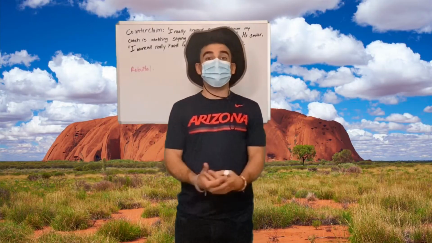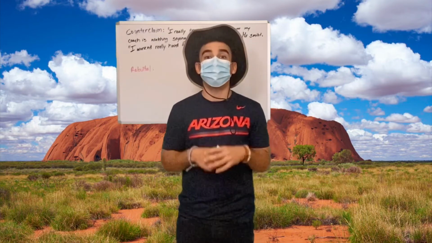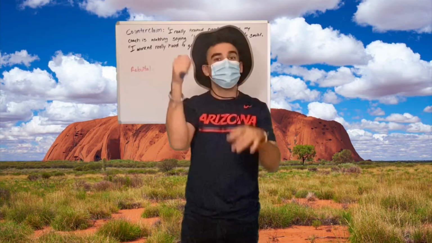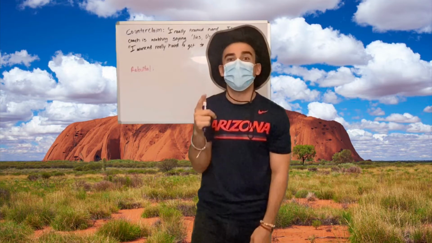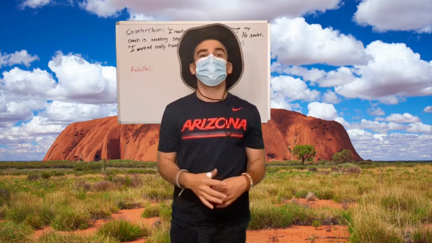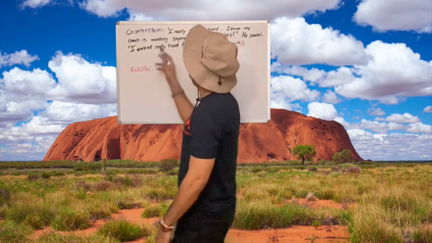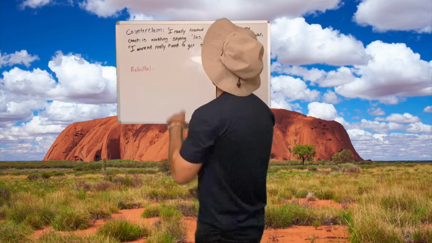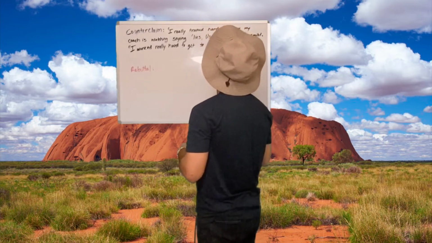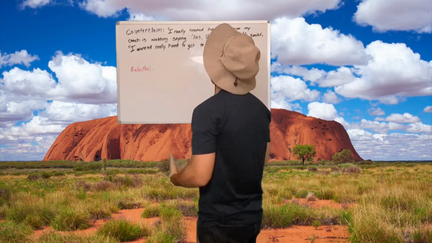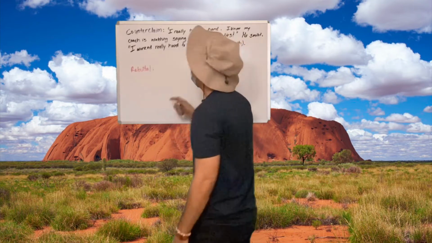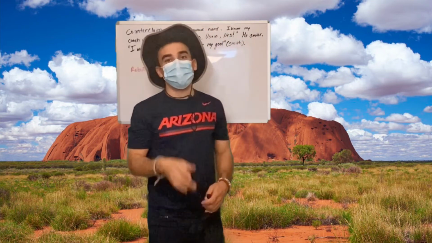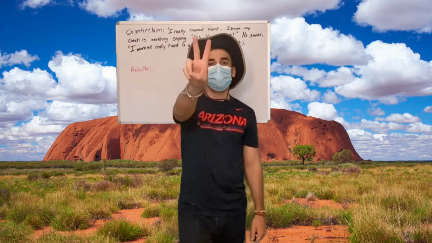Now that I have my counterclaim, I can go ahead and create my rebuttal. However, I want you guys to do that first. So I'm going to read the counterclaim one more time, and then I'm going to give you guys the opportunity to create your own. "I really trained hard. I know my coach is watching saying, 'Lies, Usain, lies.' He smiled. I worked really hard to get to my goal." Don't forget, you're going to want to cite it with the author's last name. All right, go ahead and start yours in 3, 2,